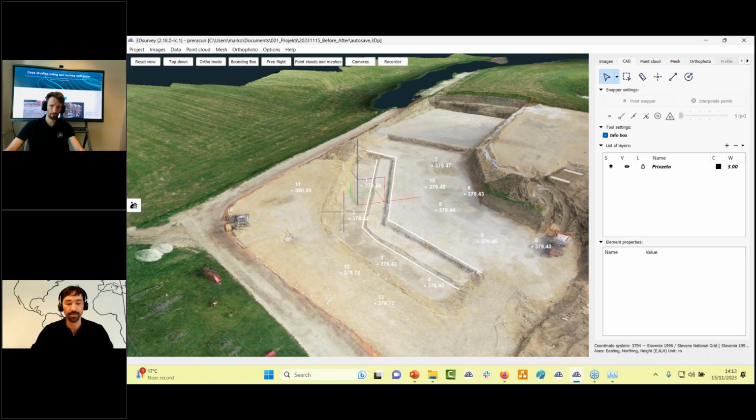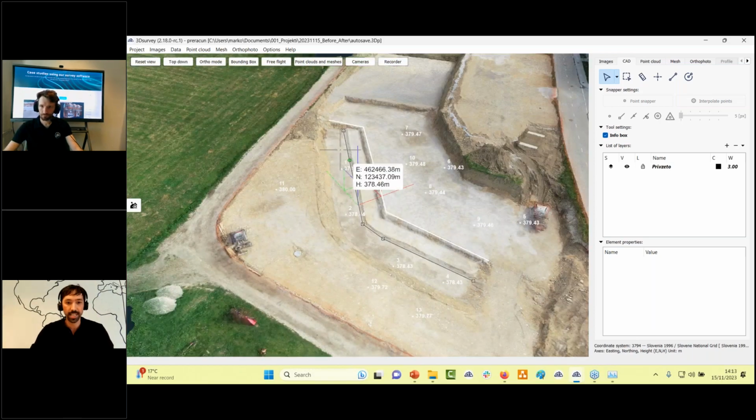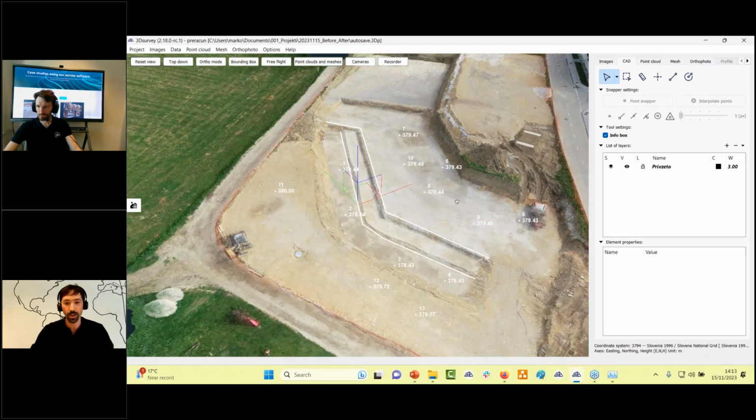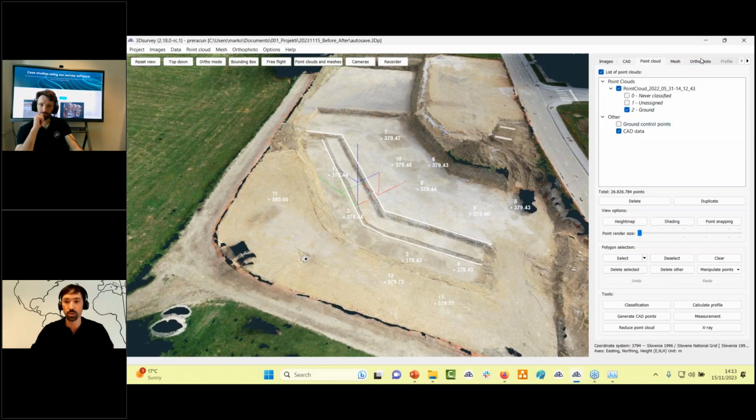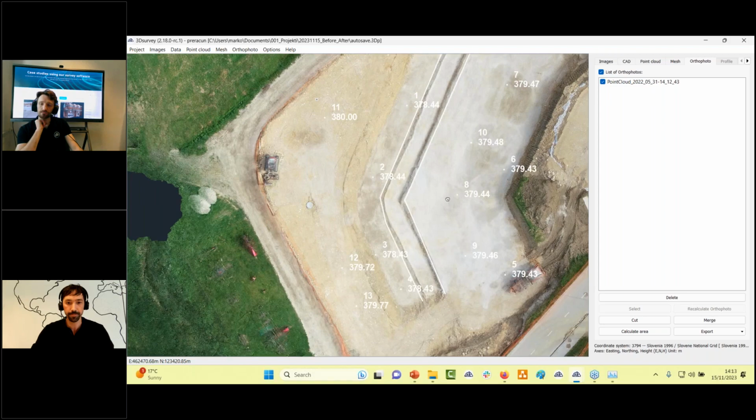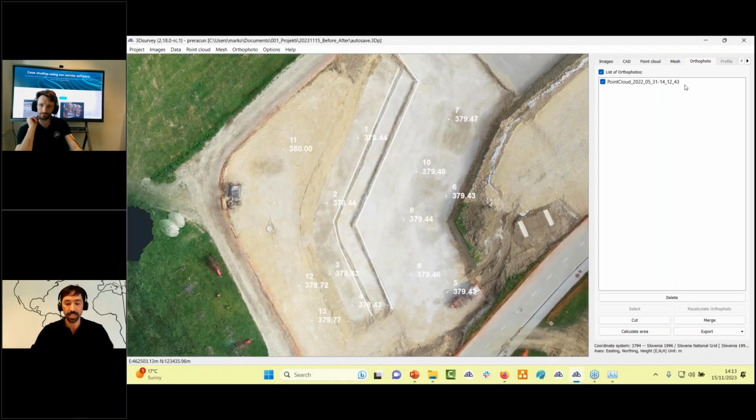I think they have mapped this area 3 times or something like that. We have some CAD data like lines and points. We have mesh data, and we also have a point cloud available, and of course also the orthophoto. Okay, and to share these results or to upload those results to the cloud, you simply go under the project,